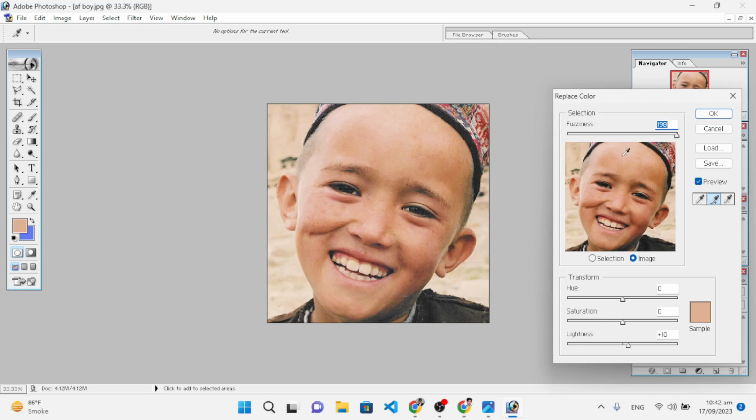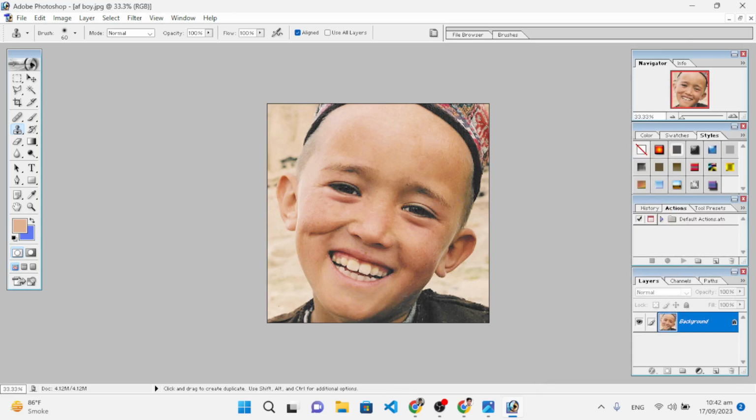It looks like this now. And also let's mix it. It looks like this now. So now let's press OK. So our image looks like this. So to clean it more,